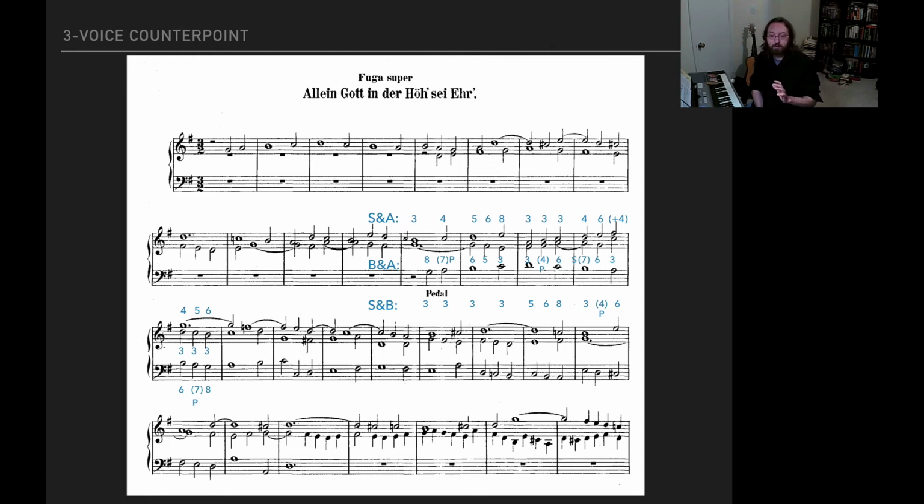Now, the next thing that we should do is provide a harmonic analysis to see how all of this is working together. Now, I have counted some of these intervals as non-chord tones in our harmonic analysis. So this is a bit of a simplified harmonic analysis. I suggested that, first of all, we are in G major and that we begin on a 1 chord. I suggest that these are passing tones